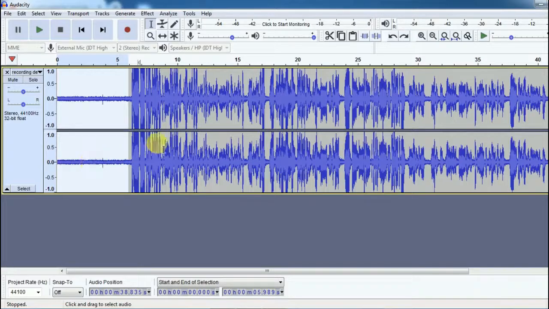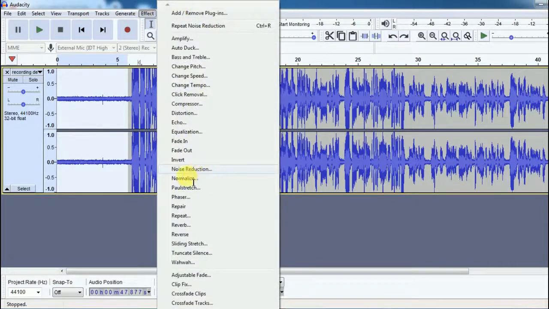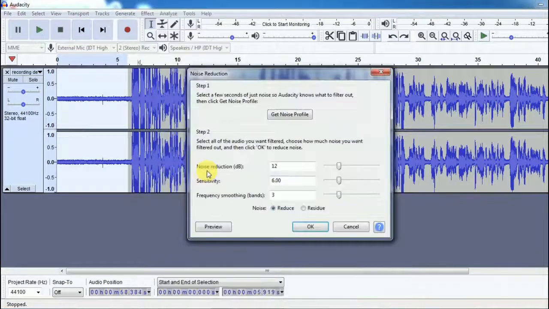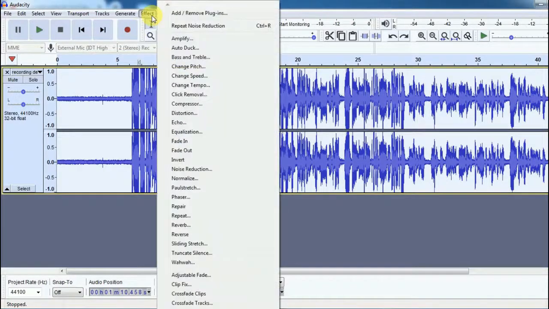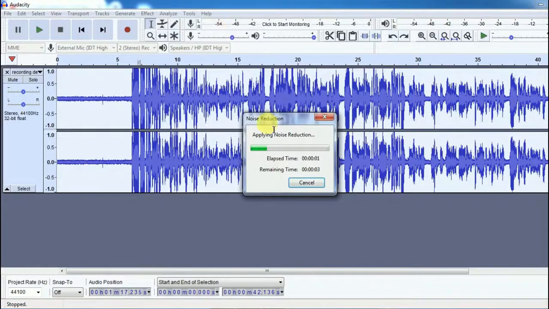So if you want to remove outside noise, you just have to select this first, okay? Select all of them, actually the first beginning part, and go to effect over here, and as you can see over here, noise reduction, click on that and get noise profile. So click over here, okay? Now you'll have to select all of this sound record, okay, just by Control A, yeah, and go to effect again. Then over here you can see second option, repeat noise reduction, okay? Click on that and you're applying noise reduction. Now your noise will be much more clear and your outside noise will be removed.